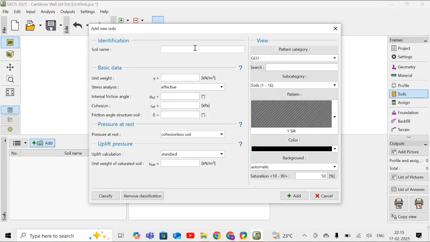So first soil is a type of soil having a unit weight of 17.5, and considering the stress analysis as effective, angle of internal friction 28, cohesion 0,